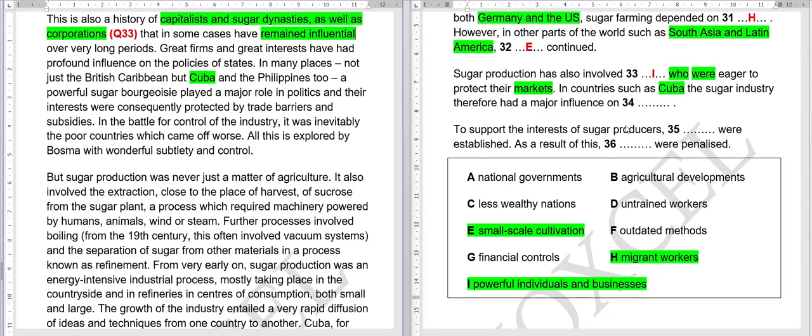In countries such as Cuba, the sugar industry therefore had a major influence on. So they're saying that in countries such as Cuba, such as basically means say example of Cuba, they have taken the example of Cuba, the sugar industry, this particular industry had major influence on something or someone. Obviously we can have influence on someone or something. Let's see. Great firms and great interest have had profound influence on the policies of state. So